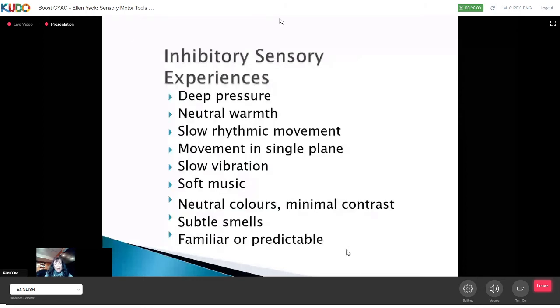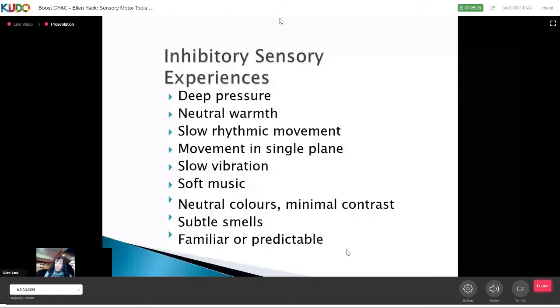And there are sensory experiences that are more calming and organizing. So it inhibits arousal reactivity. It can inhibit overreactivity to sensory input. So someone with a trauma history who might be hypervigilant in their environment, and you want to inhibit or decrease the registration of sensory experiences when they have to be in a setting which has sensory input that they're uncomfortable with, you might look at offsetting that by providing a sensory diet or providing input that has deep pressure, neutral